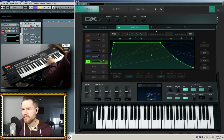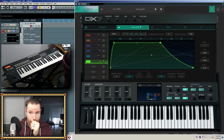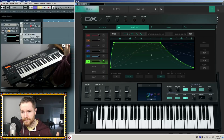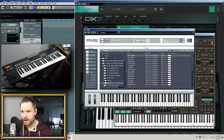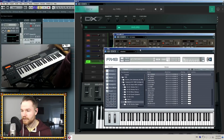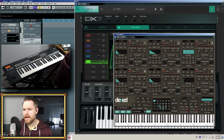But it stands to reason that this is a very nice GUI. Part of the reason why I ended up purchasing it was because of the competitors, Dexed, which is a free VST, and FM8, which is like a legacy VST at this point. It's been around in this form for like 5 years, I think, and for even longer than that, but those were basically your 2 competitors if you want the DX7 sort of sound, and they all kind